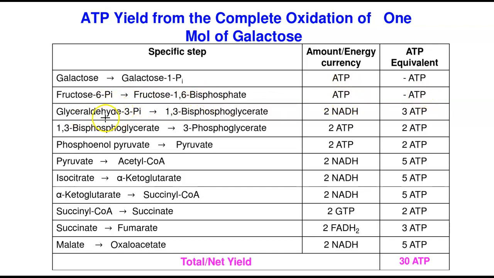And then from there, we went to glycerol 3-phosphate to 1,3-bisphosphoglycerate down. So if you break everything down and do every calculation, you're still going to get 30 ATP in complete breakdown of galactose. You're also going to get 30 ATP in complete breakdown of fructose. Please, you have to practice how to do this ATP calculation because you will likely see this in your exam.